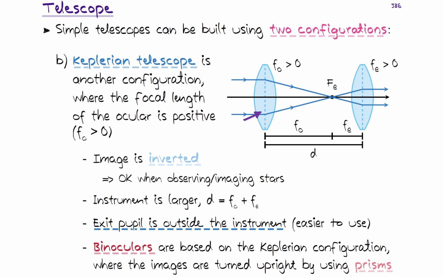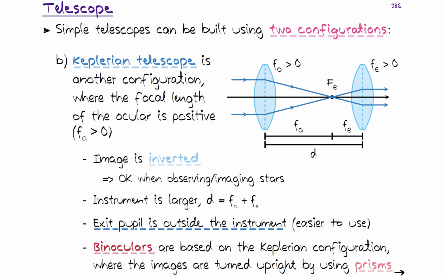So this is a very common configuration. You make binoculars using this configuration. But not all binoculars use this configuration, but many of them do, so that might be a good thing to remember. And here, in connection with the previous lecture on prisms, we see that they are actually being used to upright the image, so that's one advantage and one use of prisms,